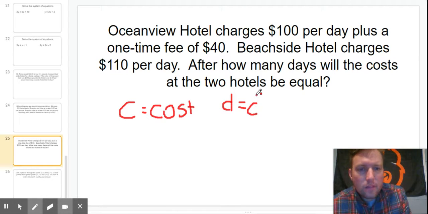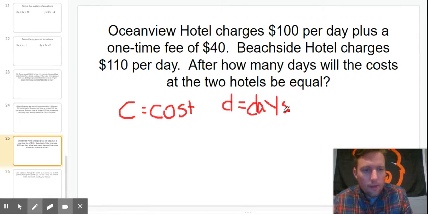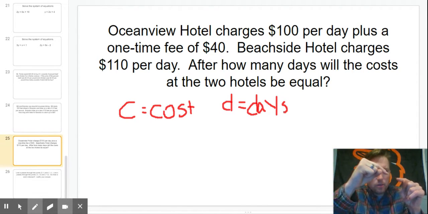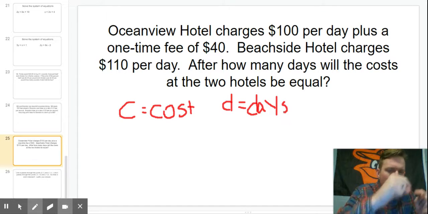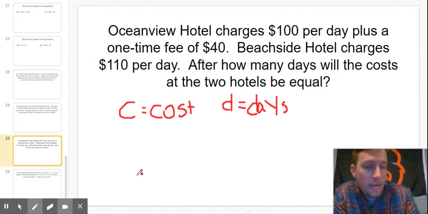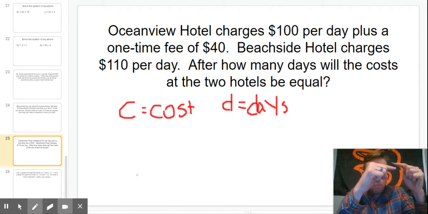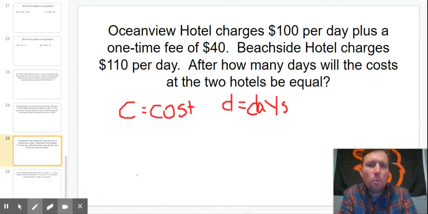Now, this is similar to the mountain biking problem that we had, when they start different. Remember, I think it was Bill and Brandon, one person started at the top of the hill, the other person started below, and they were traveling at a different rate. And at a certain point, they met. This is going to be a similar type of problem, where one hotel's cost is here and one hotel's cost is here, and one is going to increase at a higher rate, and there's going to be a certain number of days where you're spending the same amount of money on both of these